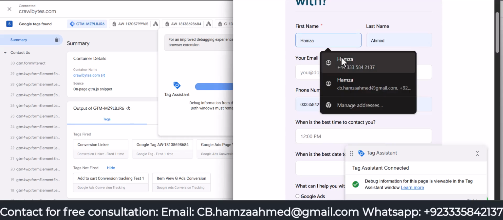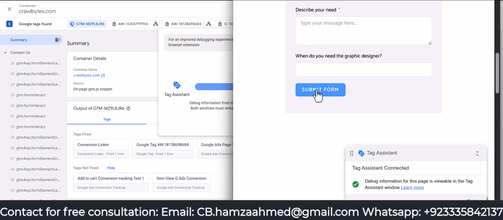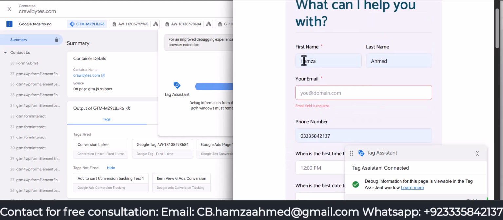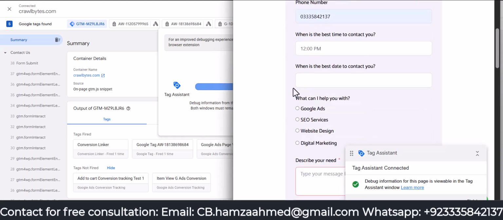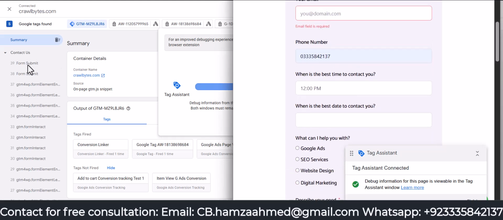So what I am trying to do in this video is, if someone comes and fills the form and submits with this button, we can track that this form is successfully submitted. There are three methods for doing this. First of all, if someone comes and submits this form and clicks on the submit button like that,